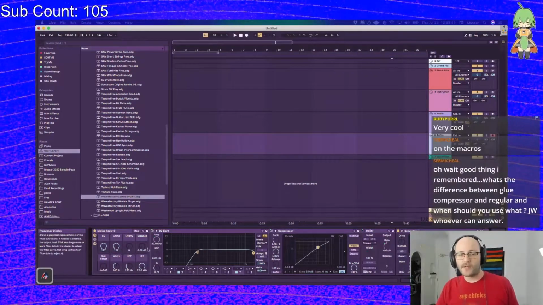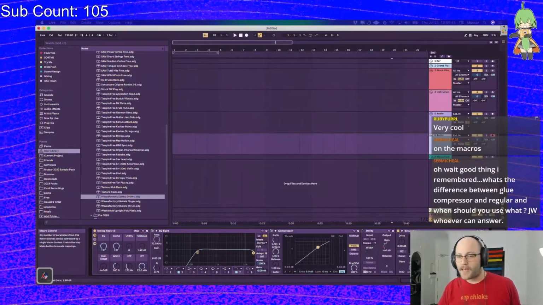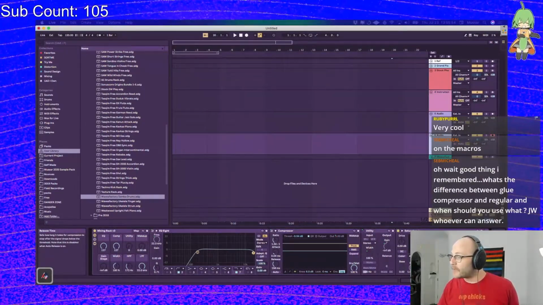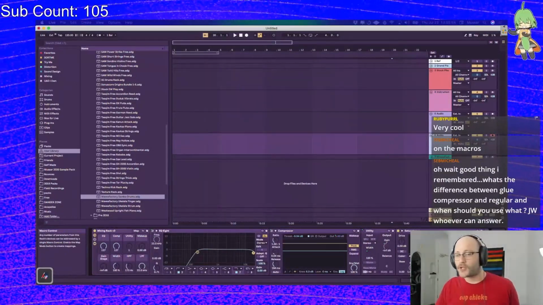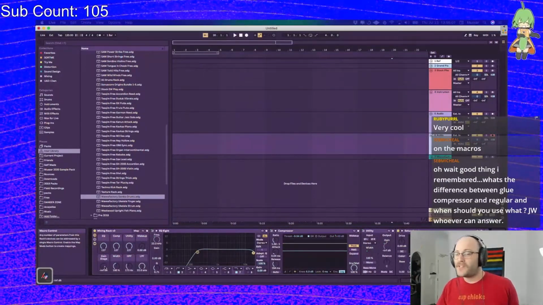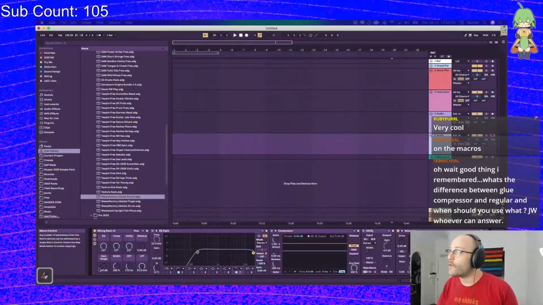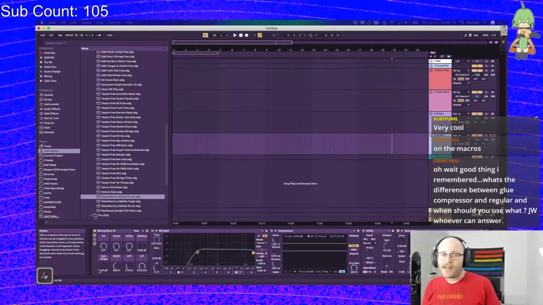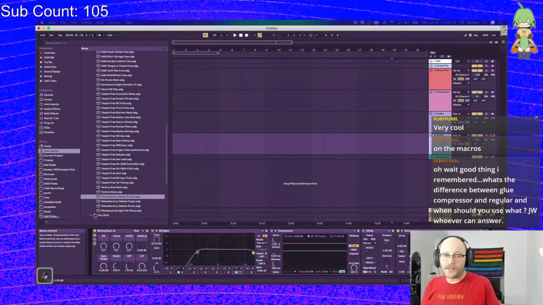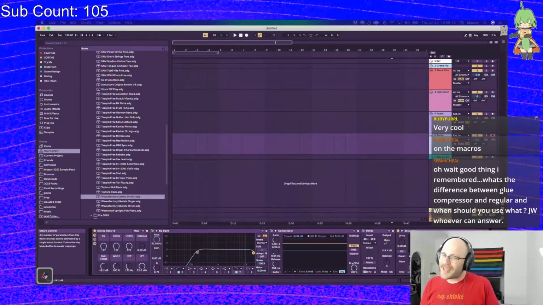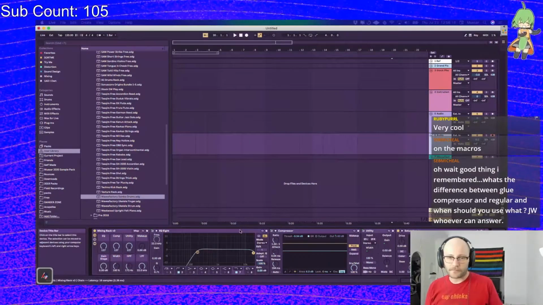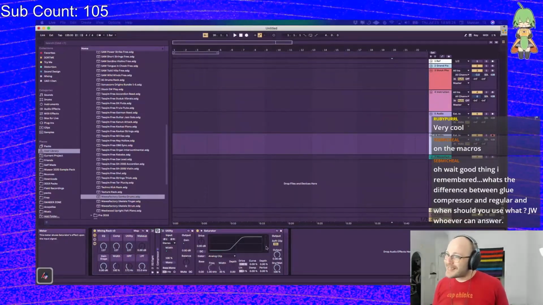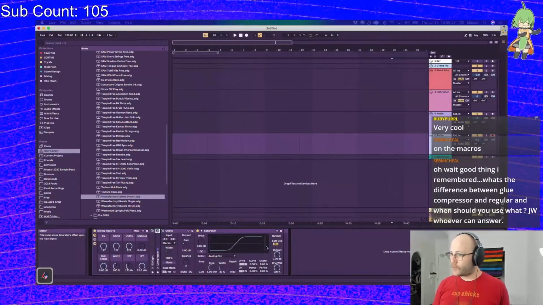I have a compressor with a control over the makeup gain, so I'm not using automatic makeup, so I can go over here and very quickly dial in a compressor. I have this switch which turns on a utility plugin, and the reason I do that is so I can have two different forms of gain control. I have the gain control on the actual channel up here, and then I have this, which starts off at minus infinity decibels and goes up to 0 as a way to do additional gain staging before it reaches this final plugin, which is just a soft clipper,